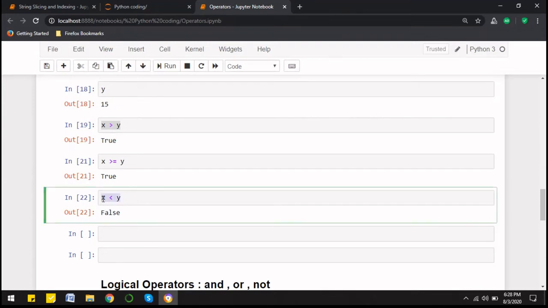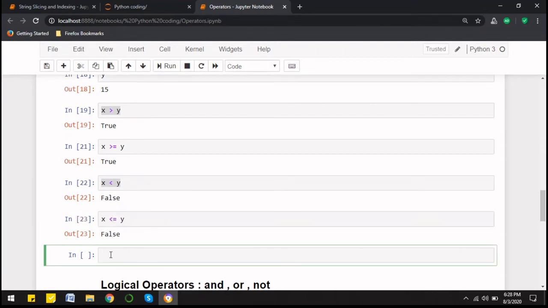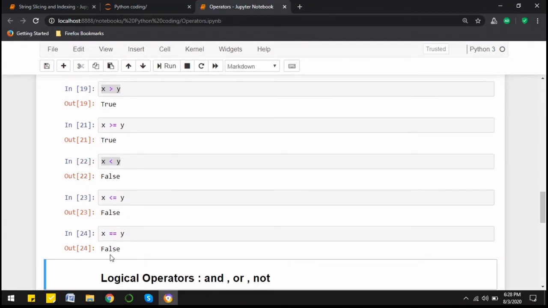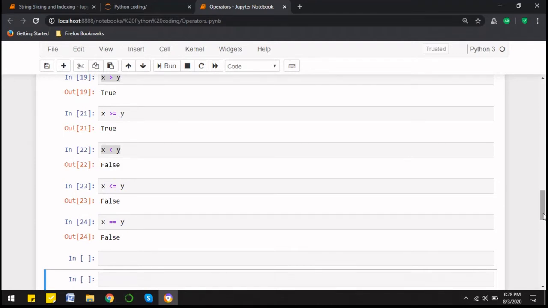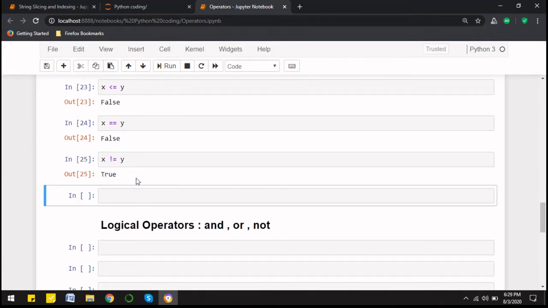And similarly, if I write X less than or equal to, again a false value. And if I say whether X equal to Y, because both the values are not equal, it is giving us a false value. Then X not equal to Y, the condition is true, they are not equal.